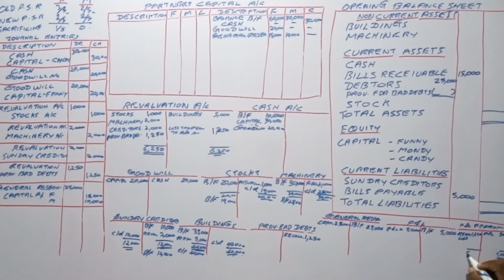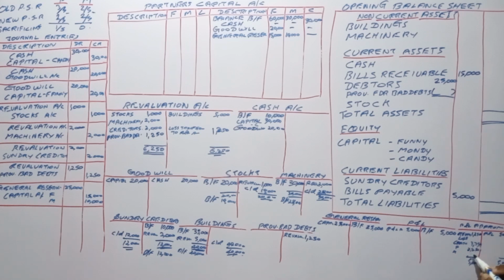5,000, 3,750. That should be transferred to the capital account of Fanny and Mundi, right? In the ratio 3:2. 3,750 divided by 5 is 750 per head. So 2,250 and